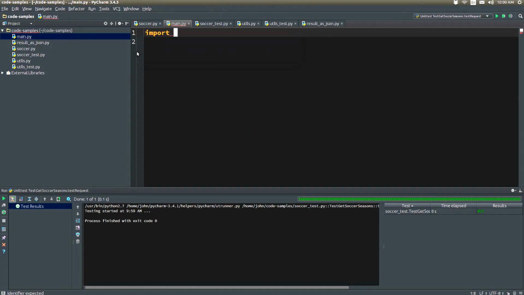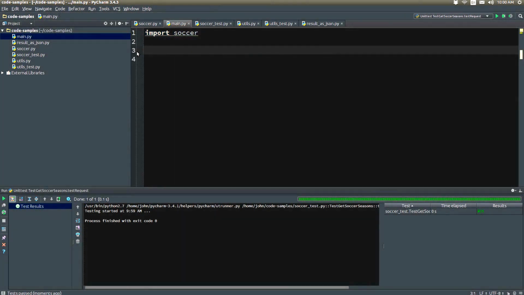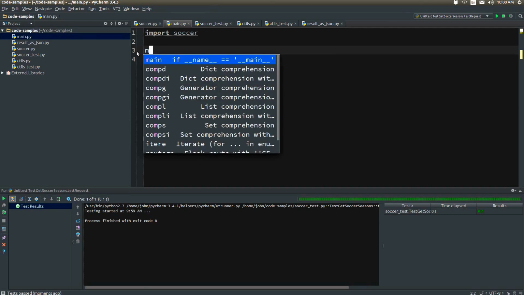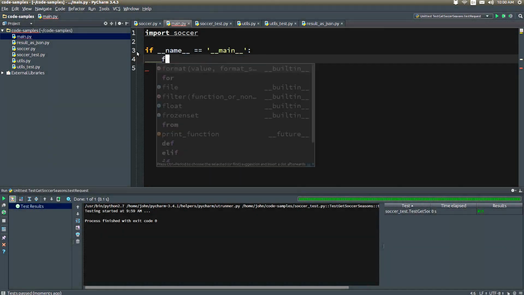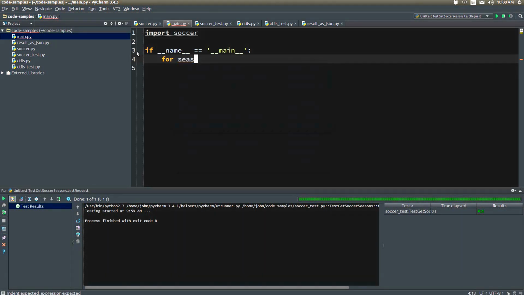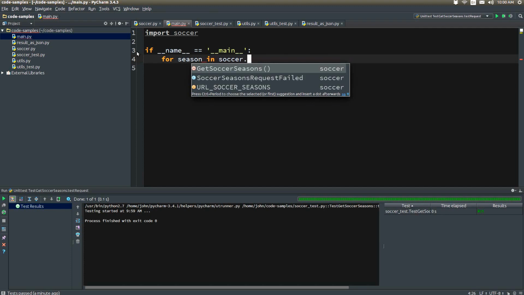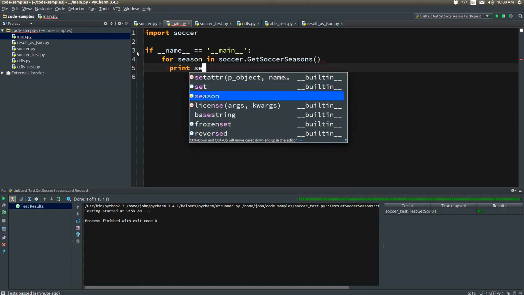I'm gonna import soccer, of course, and I'm gonna implement the main section of it, and I'm gonna call it for season in soccer dot get soccer seasons, print season dot